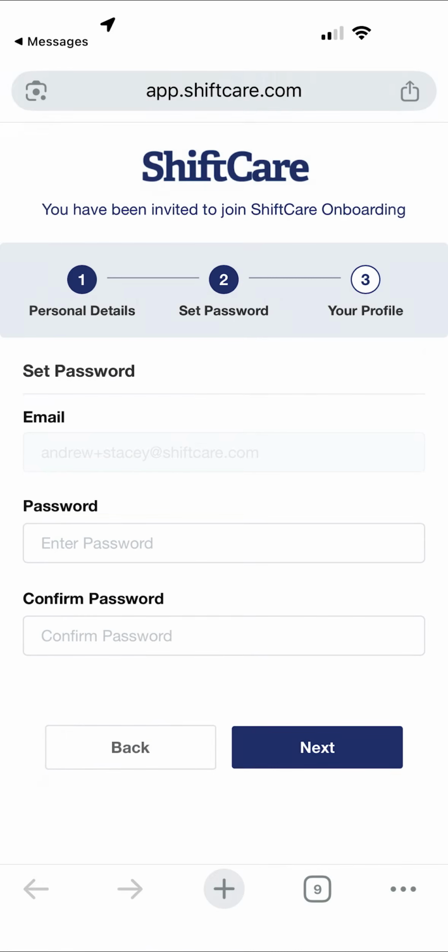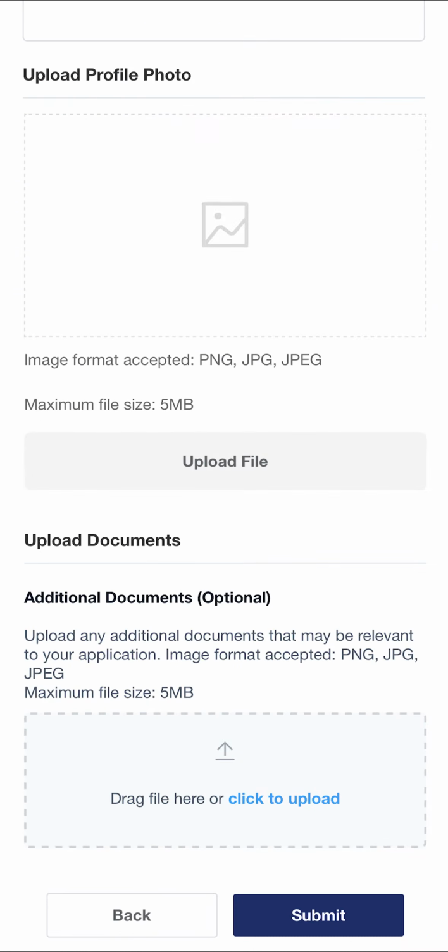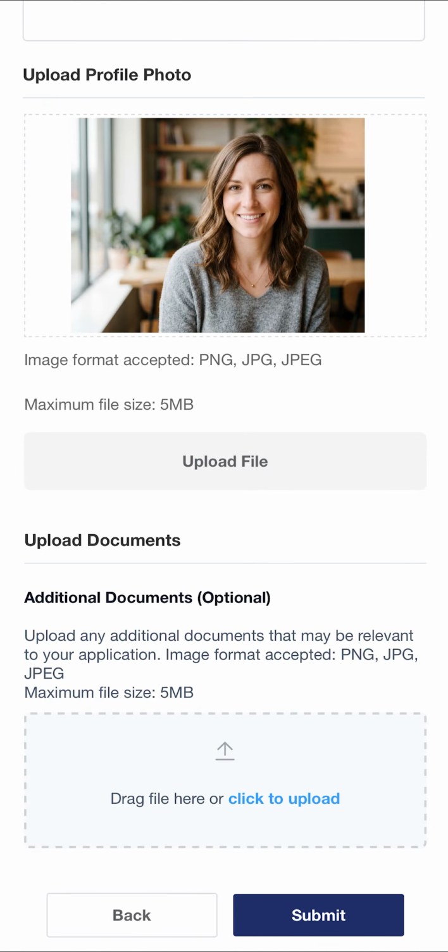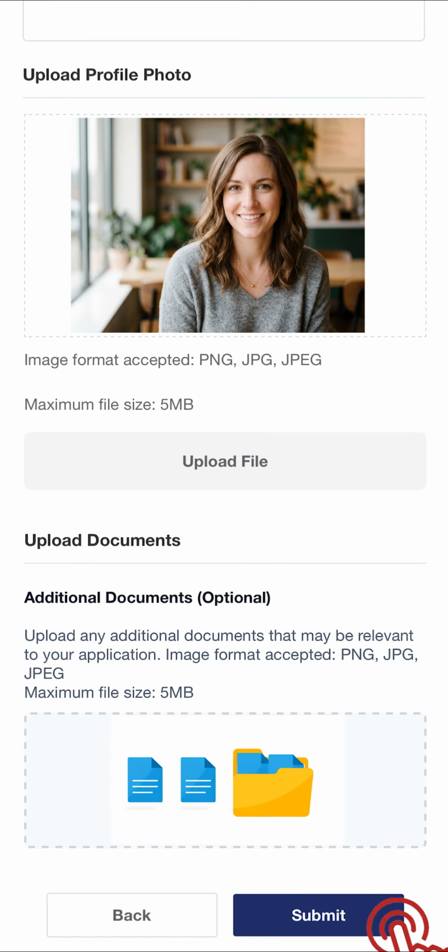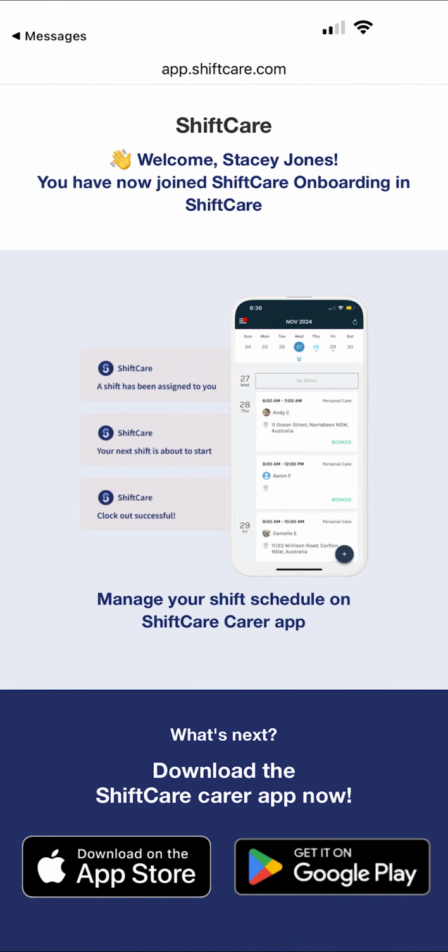Then create a password, add a short bio, and upload a profile photo if you'd like. If your organization requires any documents, you can upload them here too. Tap Submit when you're done. If you haven't already, head over to the Apple App or Google Play Store to download and install the ShiftCare